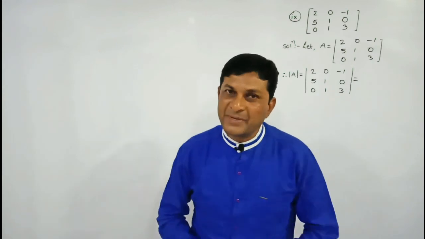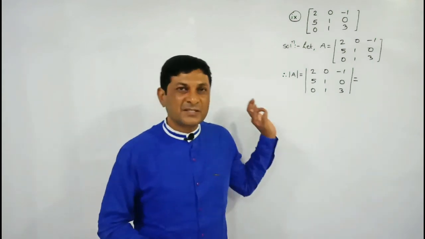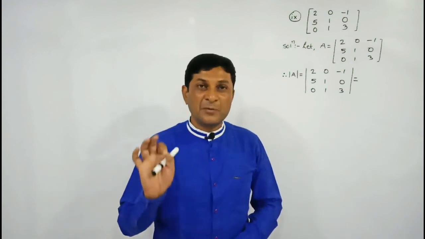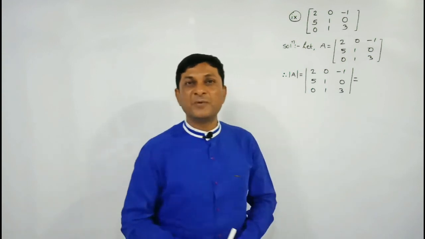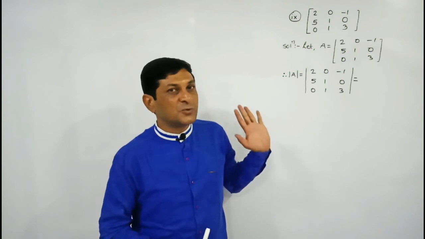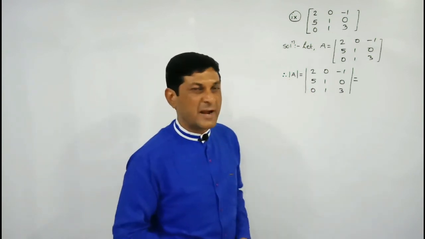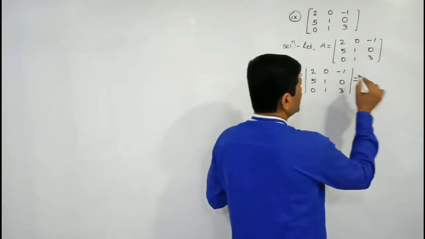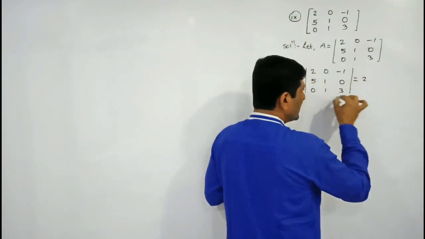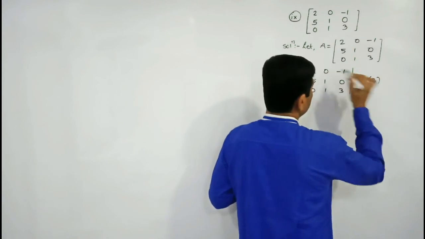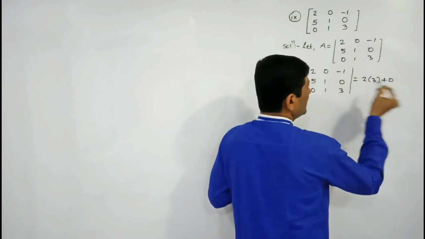Now see example number 9. In this case, we are finding the inverse of this matrix applying column transformation. But before that, we have to check whether the inverse exists or not. To check whether the inverse exists or not, let us try to find the determinant of this matrix. So here 2, keep it as it is. So find the determinant of these 4 elements. 3 minus 0 will be equal to 3. Here 0 is there, and 0 into any number will be equal to 0.